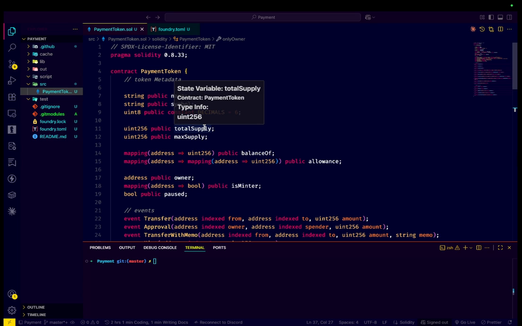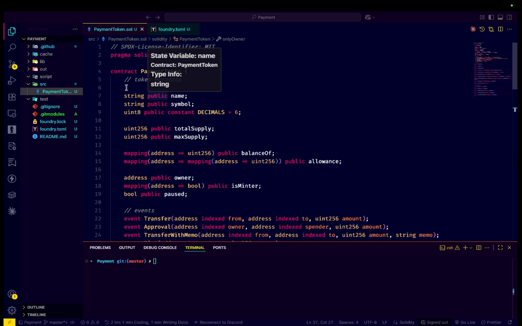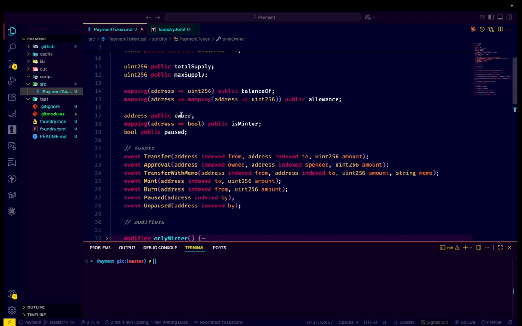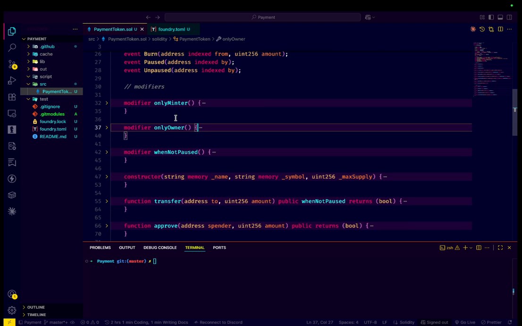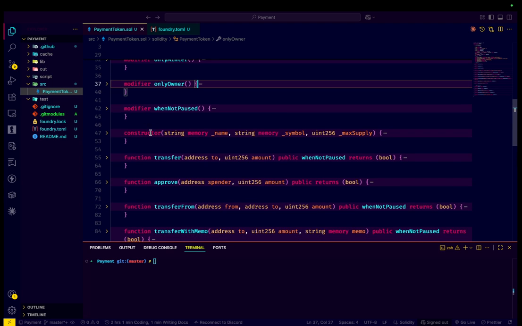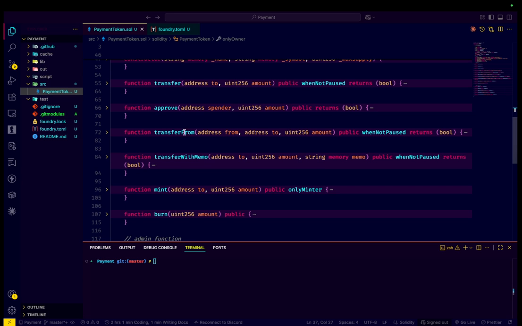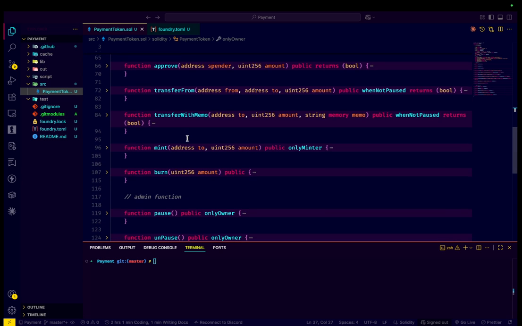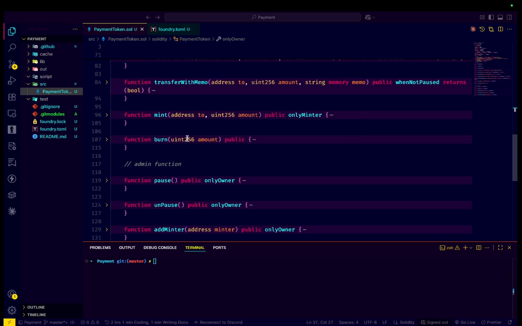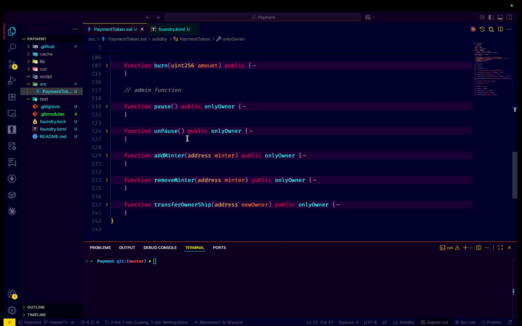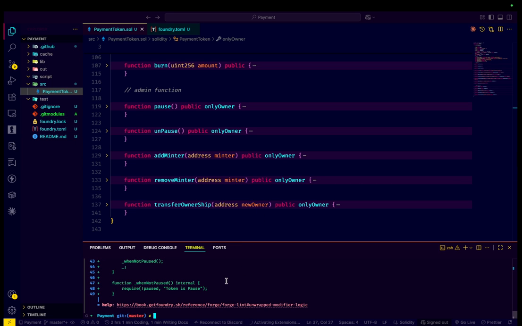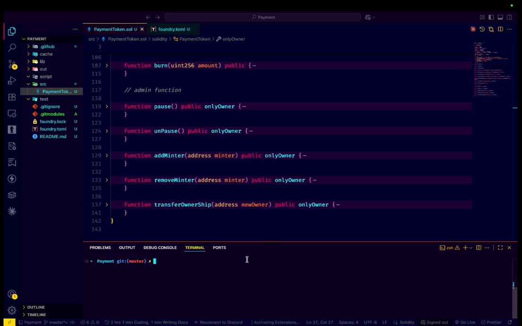So in the previous video, let's do a brief recap. We created this contract, PaymentToken. We declared these state variables: mappings for balanceOf and allowance. We have these events. Then we declared function modifiers and the constructor. We have functions like transfer, approve, transferFrom, transferWithMemo, and then we have mint and burn functionalities. Then we have admin functionalities like pause and unpause, and we have successfully compiled our smart contracts with some warnings, but it's okay. And now in this video we are going to write the deploy script, and we are going to deploy